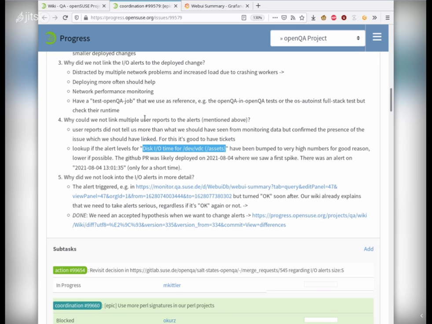So any more additions to point number 4, why we could not link multiple user reports to the alerts? No? Okay. So why did we not look into the IO alerts in more detail? We had this alert, which I showed you, and it triggered, but it turned okay soon after. As I mentioned already, our wiki explains that we need to take alerts seriously, so regardless of whether it's okay or not, we need to